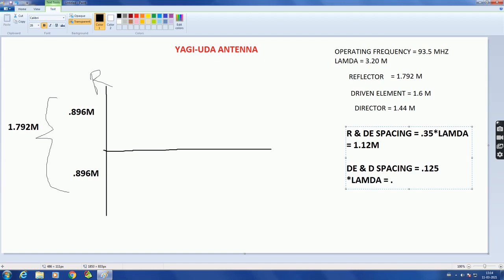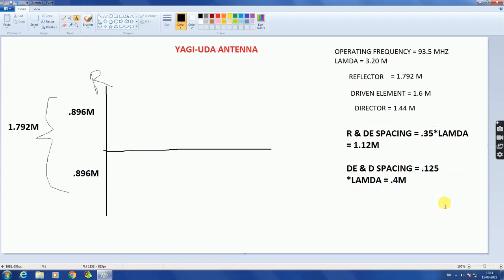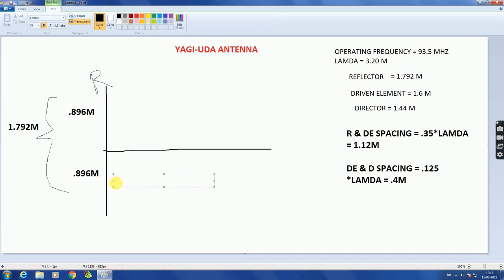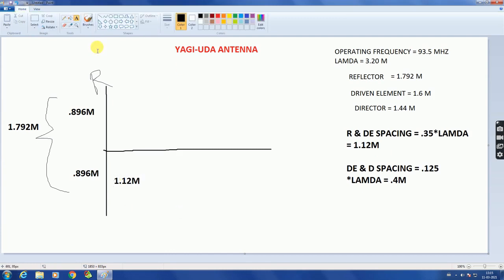So this is also included, and the reflector we have constructed. Then with the spacing of 1.12 meters, I need to build another